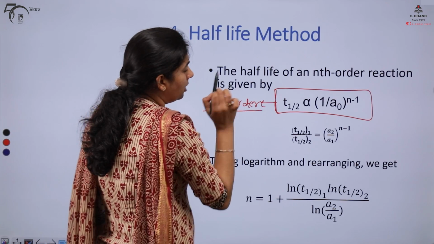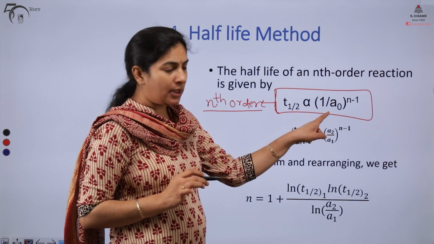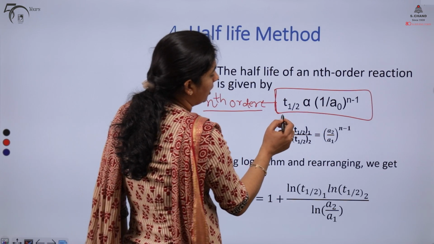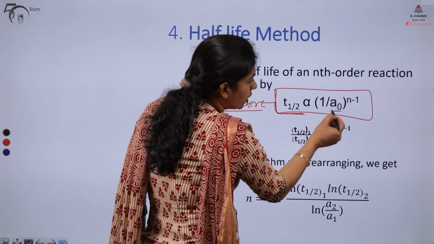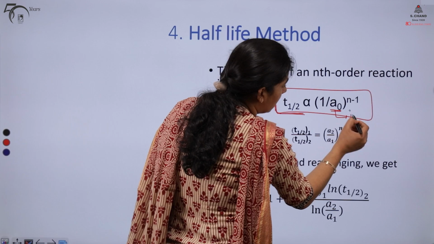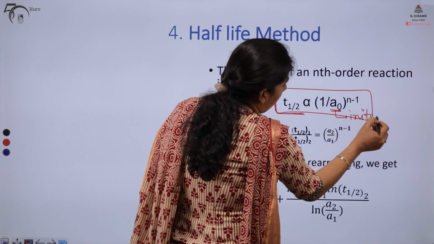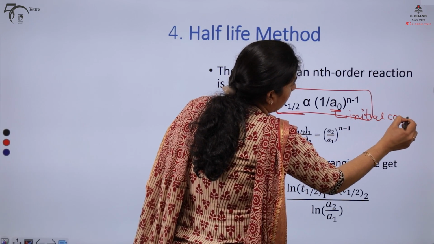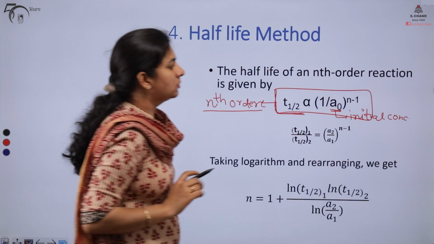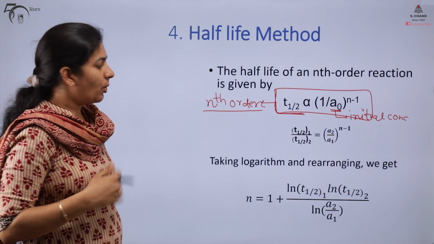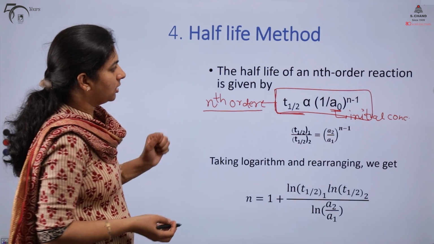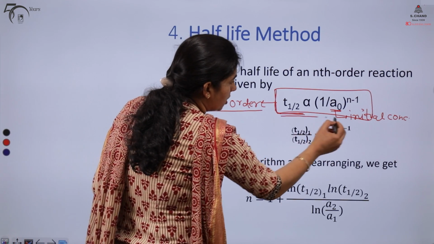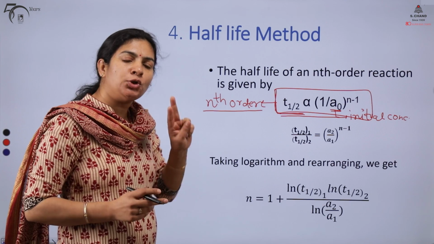Half-life for an nth order reaction is related to the initial concentration like this. T half is inversely proportional to the initial concentration raised to power n minus 1. So what I can do is I can take these observations, note down these observations with two